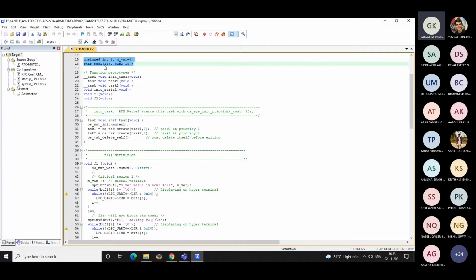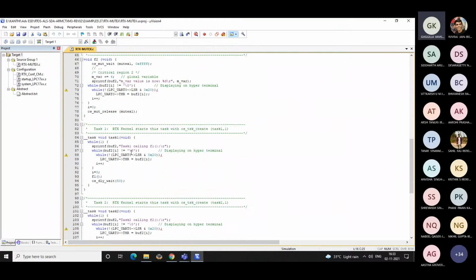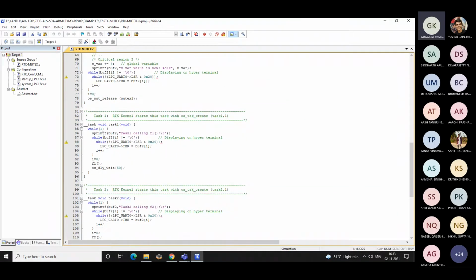Buffer 1 for task 1, buffer 2 for task 2. So coming to task 1, there is a mistake here. It should be buffer 1. I'm sorry, I've just copied buffer 1.